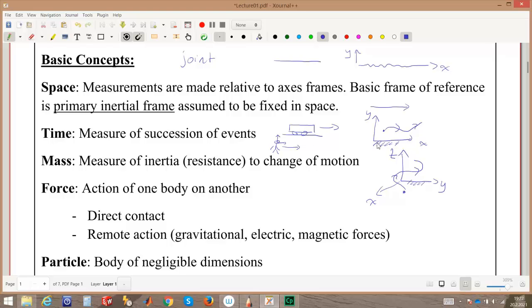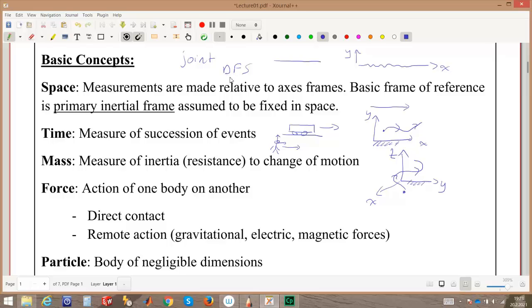However, the absolute velocity of a particle or a body would be measured with respect to this fixed frame, and the fixed frames are usually called primary inertial frames, or inertial frames in short. Then we have this assumption that they are fixed in space, or fixed to the earth in our case, as we are not doing anything in space. Mostly in this course we're not going to deal with space problems, but if it is the case, then probably we would be using a frame that is fixed to the distant fixed stars. As they are more distant,